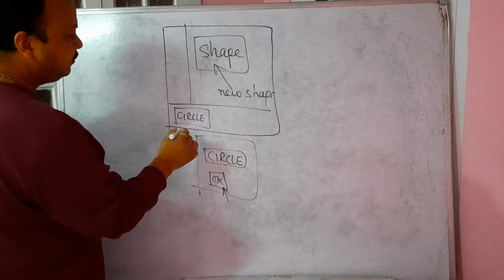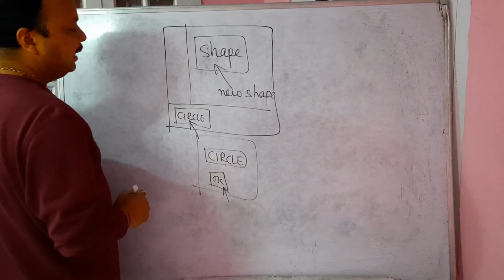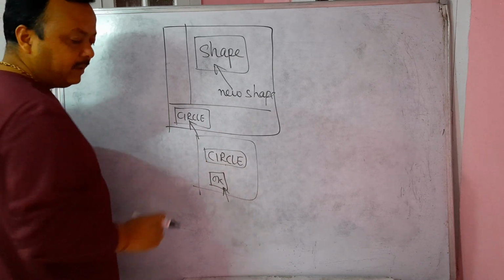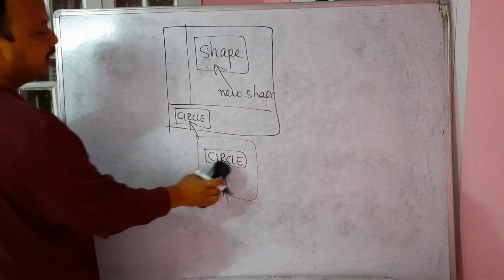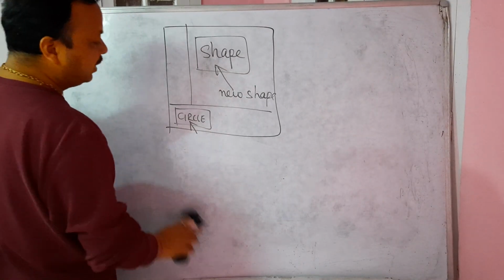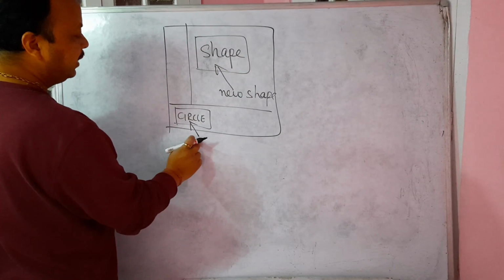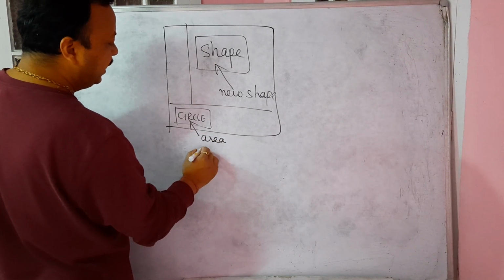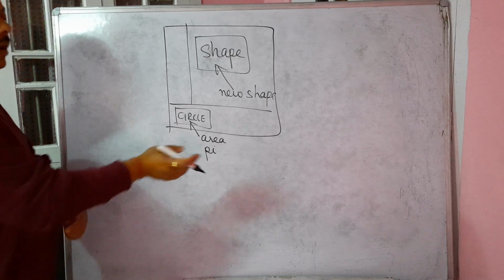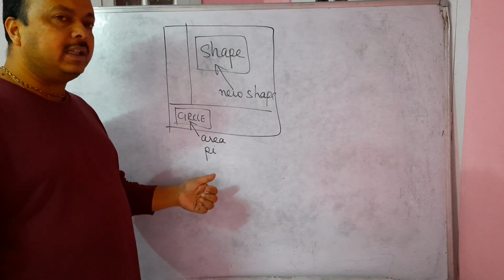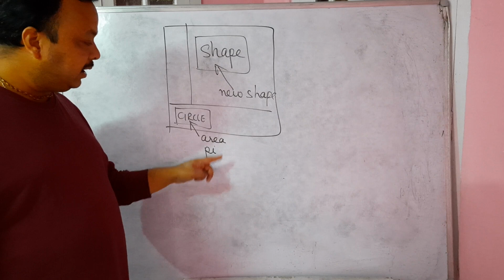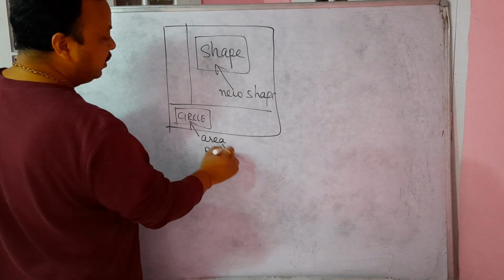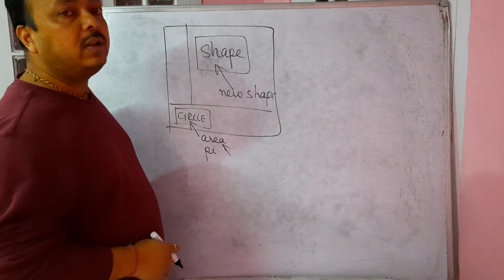After that, you right click on circle. The moment you right click on the object circle, there will be two things prompted here. Number one is the area function, and also the pi. You are not supposed to choose pi, because pi is a function which is required by the area function, and you need to click the area function because you need to supply the value of radius.